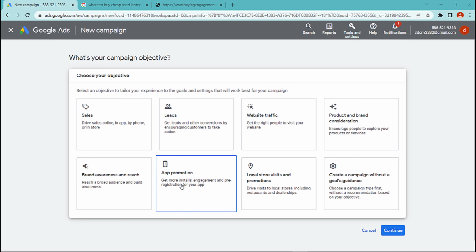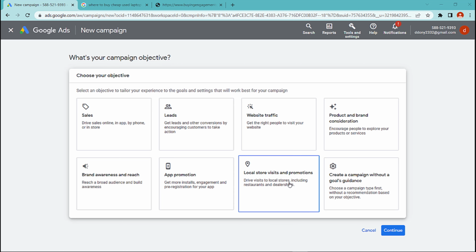Application promotion. If you are looking to promote your mobile application, you can choose the application promotion campaign objective. This objective is designed to reach people who are likely to download and use your application, and it can be a good choice if you are looking to increase application installs and engagement. Local store visits and promotion.